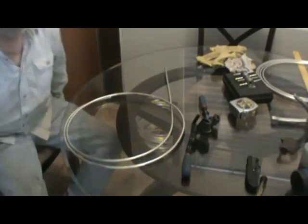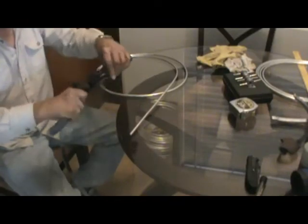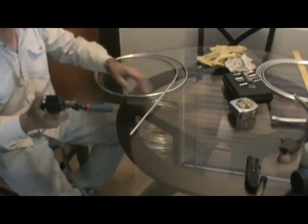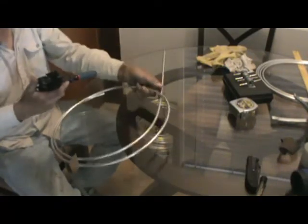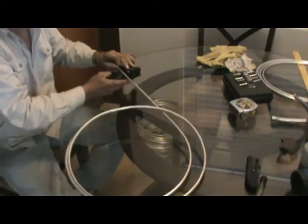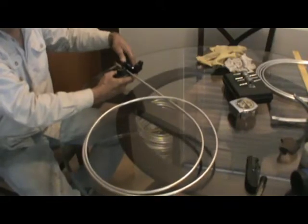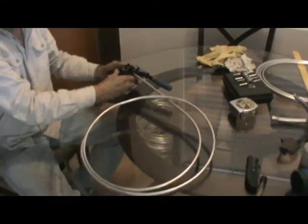So what I'm going to do is show you the process of how I bend these. I'm going to put this up on the stand here, and I'll show you how this works. What I do is take the tubing. And if you've never used one of these tubing benders, it's a pretty amazing tool. I'll set this into the tubing bender. I always want to leave a little bit of an outlet before where I'm going to put the copper tube inlet in before I do the bend. I'll put this back,